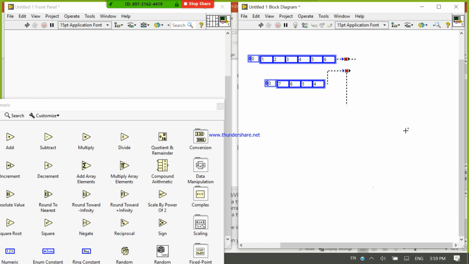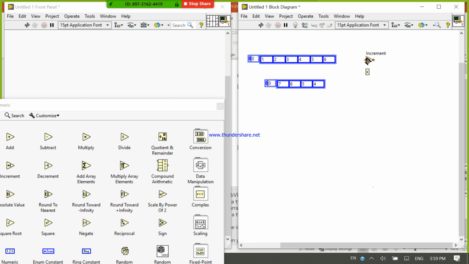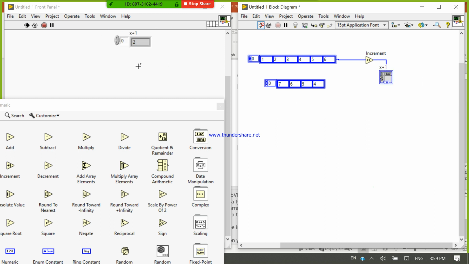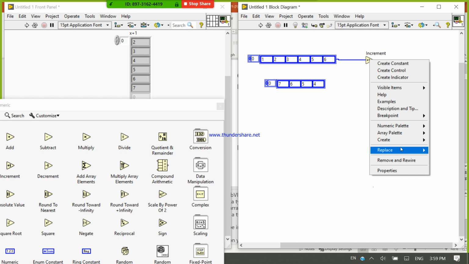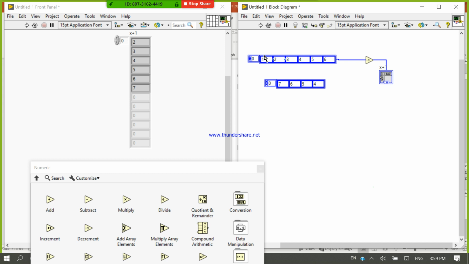Control B. We can also perform arithmetic operations like this. It is our increment and decrement. If you run, it will increase all values by 1. If you replace it with decrement, then the values will decrease by 1.